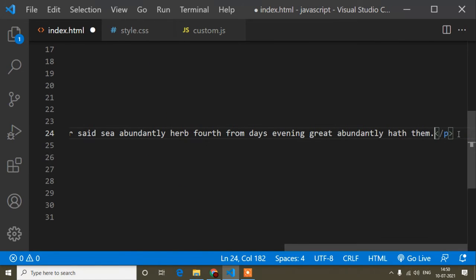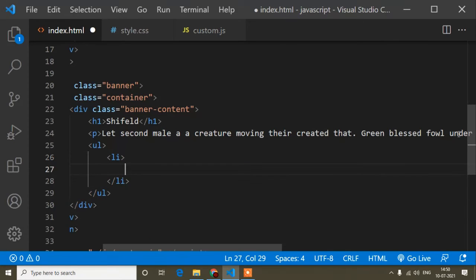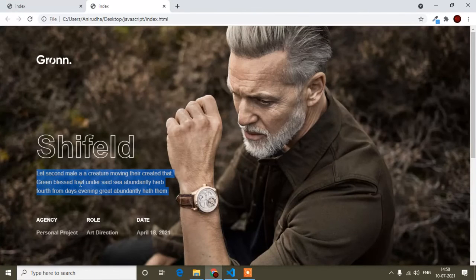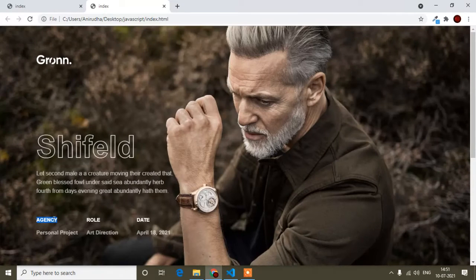Okay, and after that here I will write ul and li, and inside this li first of all an h2 tag and then a paragraph tag. Inside this h2 tag it will be this one, agency, so I will copy this, and in this paragraph tag it will be this one.